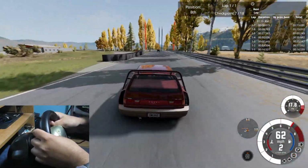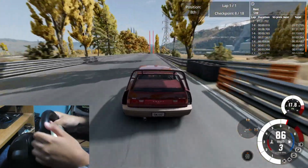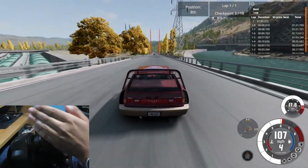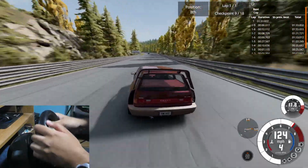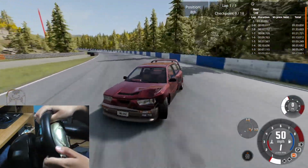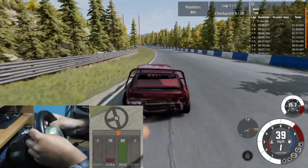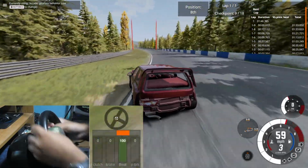I about wiped out, unlike the previous attempt where I did wipe out and kept smacking the guardrail right here to my right. Yo, this is dicey. You can't keep this on a straight line. Every time I switch the wheel to the right, it just like... See? See the little steering? Oh no. Oh no. I told you, like the little steering graph right there, every small change of the wheel...